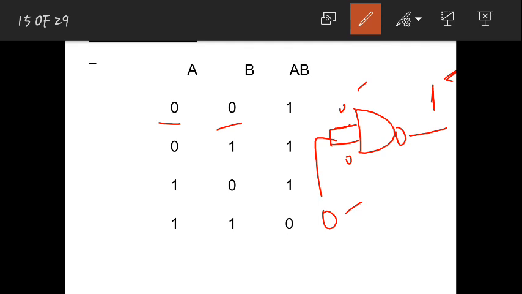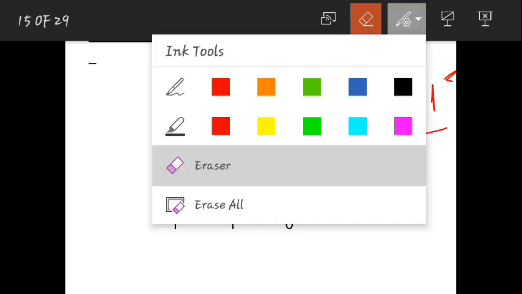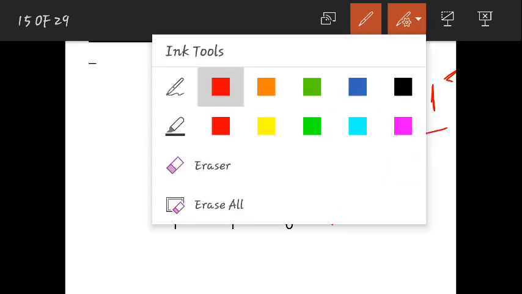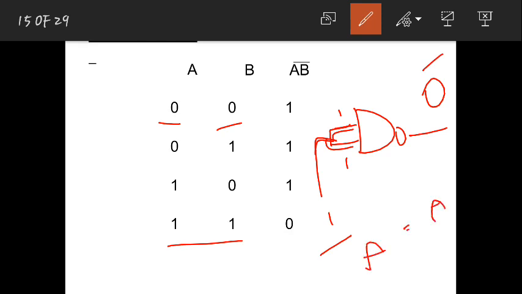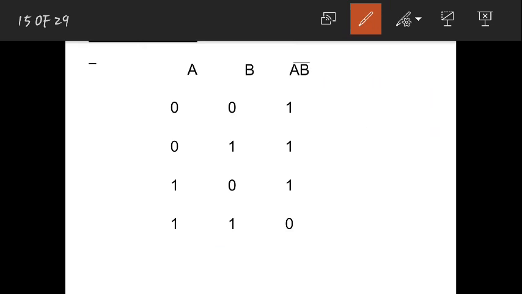Now if I give 1 here, let us check what is going to happen. When I have given 1, both terminals will have 1, because it goes from here to here. So 1 and 1 means the output is 0. So the input I have given is 1, and the output is 0. If the input is A, the output is A bar. I got the complement. So this acts like a NOT gate when I short these two terminals and give input to that one terminal. This way you can convert it.